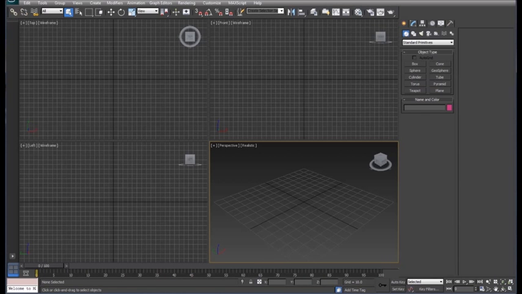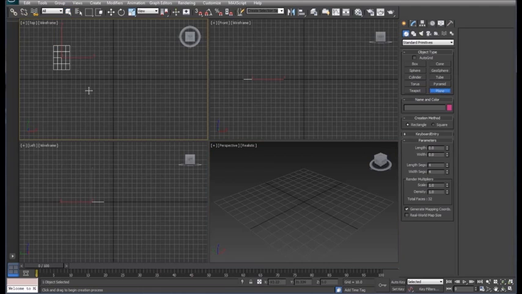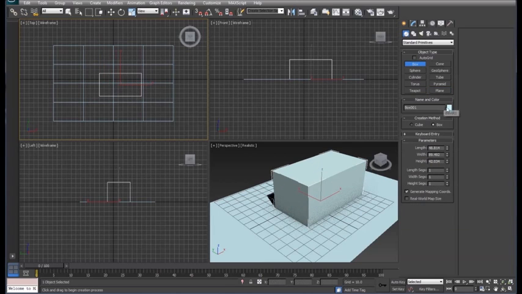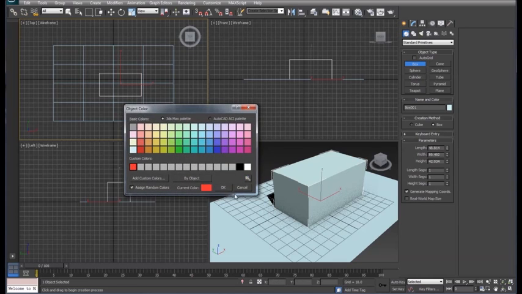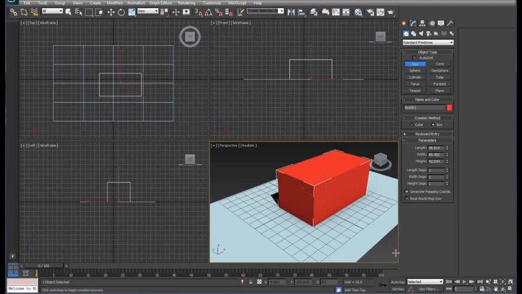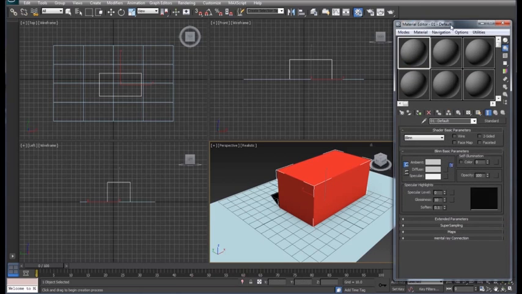We're going to take a look at setting up some more material options. So before we get started, I'm going to draw a plane, and I'll draw a box in the middle of our plane, and I'm going to color our box red just so we can see it a little bit better for now. And we'll hit our material editor, M on the keyboard,